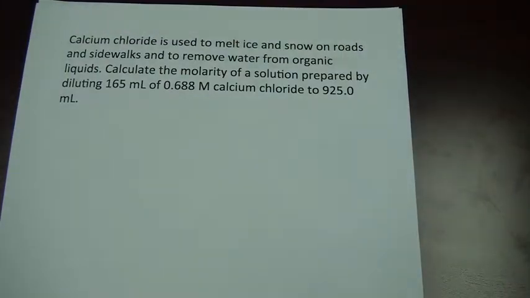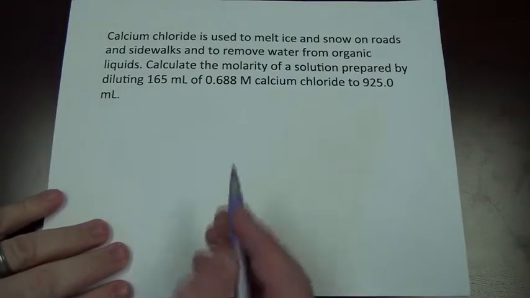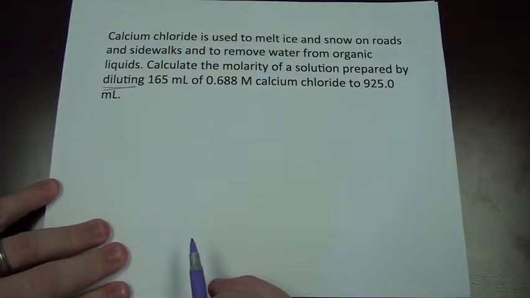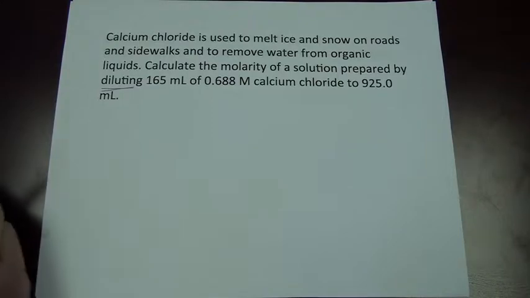Calcium chloride is used to melt ice and snow on the roads and sidewalks and to remove water from organic liquids. Calculate the molarity of a solution prepared by diluting 165 milliliters of 0.688 molar sodium chloride to 925 milliliters. Right? In this question, they use the term dilution, which means that we can use the dilution equation,